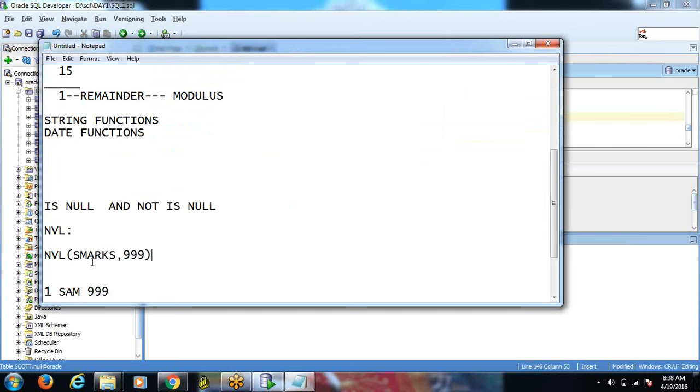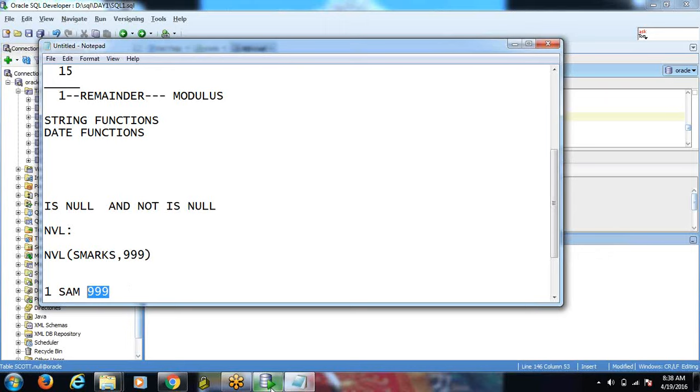Now it will check all the values for the S marks, and it will dump the value 999 where exactly the S marks is having null values. Suppose the same record it is fetching, it will not display as null. It will display as 999.